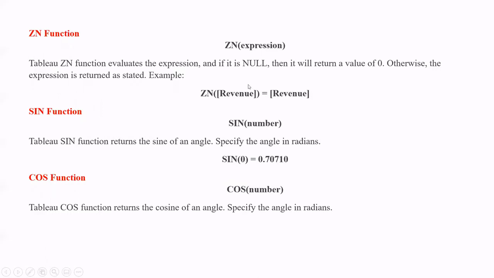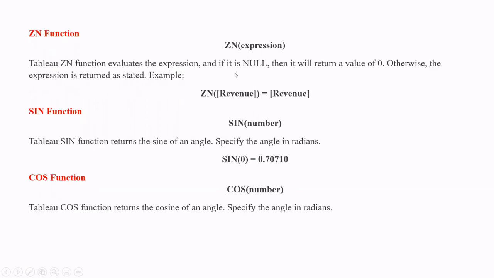Though we have one field like profit, and one field selling price and cost price, if the value is not there and it's null, then in that case it will return the outcome as null. To avoid that situation, what we can use is the ZN function. For example, 5,000 you keep as selling price and cost price we don't have data, or it is null. So in that case, it will return 0. So we'll get it as 5,000.